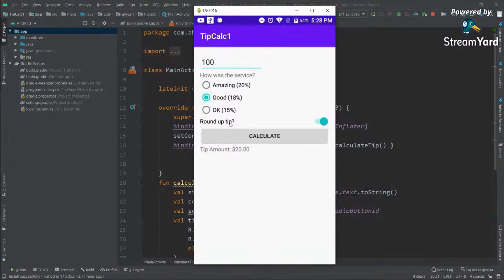If I change it to 18 and then press calculate, 18. If I change it to okay, 15%, it changes to 15. Now let us see if the round up tip button works. I'll change this to, let's say, 101. Amazing. And I do not wish to round up the tip and then calculate. You see we are getting 20.20,